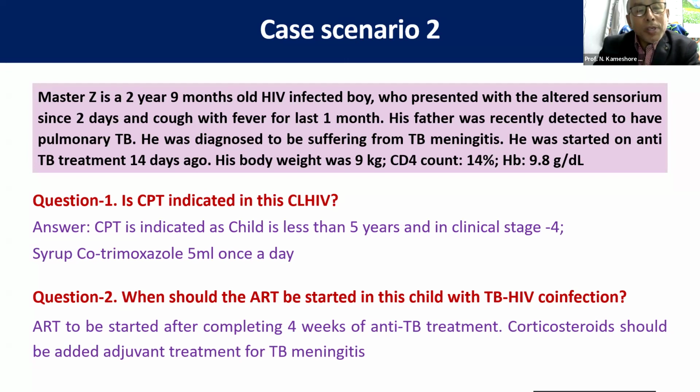And the question is when ART is to be started in this child with TB HIV co-infection. So in this particular child, ART is to be started after completing 4 weeks of anti-TB treatment. So 4 weeks of anti-TB treatment, and within, of course, 8 weeks. Corticosteroid is to be added because it is tuberculous meningitis. Next,